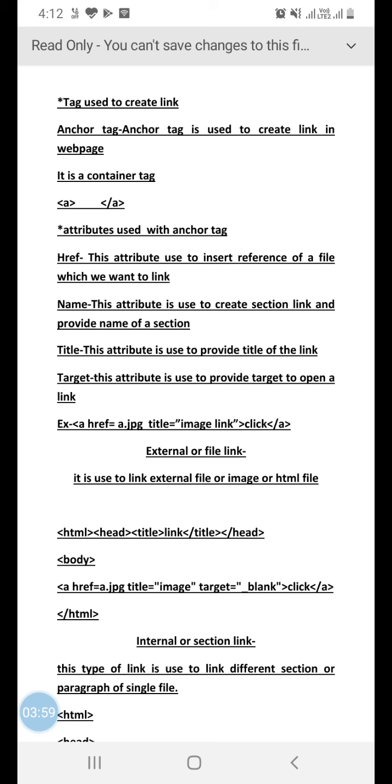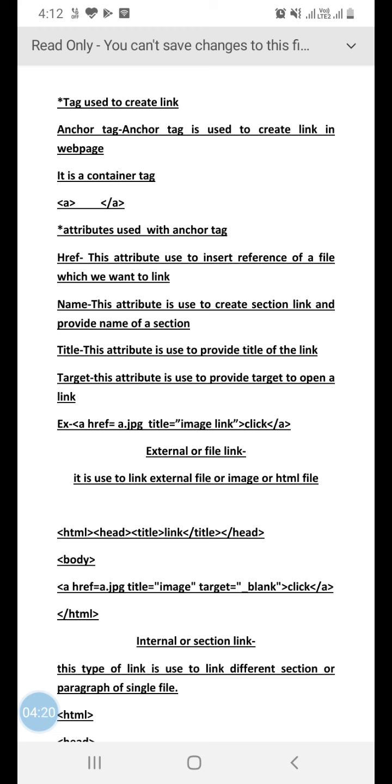Here we want to create a link by linking an image file, because the jpg extension comes with an image file. The title of this link is image link, and the text which we use to click our link is click.